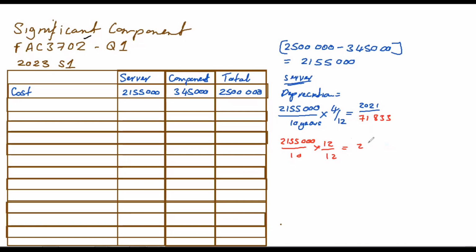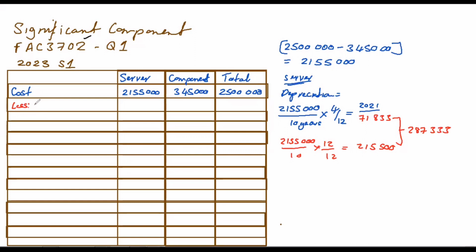It is 215,500. So if you add these things, how much do you get? It's 287,333. 287,333. So you come here and say